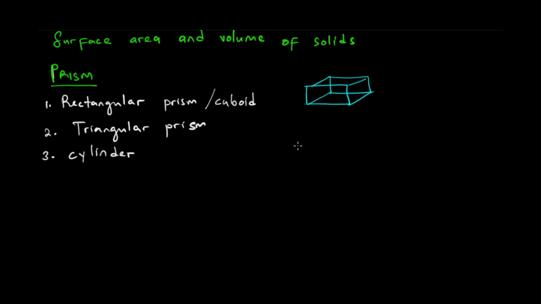Saka triangular prism yakadaiso, we have a triangle, a triangular base, something like this. Then kunoko we also have a triangular base, like this. Saka dozainenge yakaita kudaiso. So we have a triangular base, kana uti 2 triangular bases, then we make a shape out of it. Then lastly, when we talk about a cylinder,